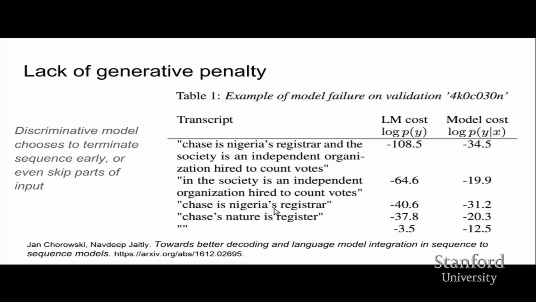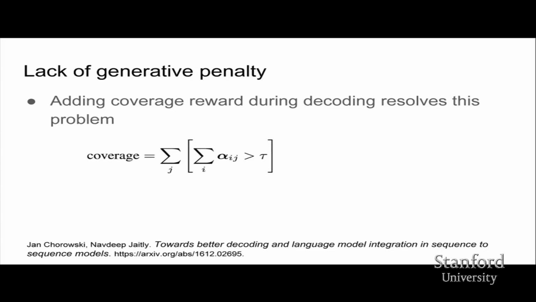If you look at "Chase's Nigeria's, Chase's nature is register," that also has a small probability. In fact, the best probability is just to produce nothing, which is -12.5. So this is kind of an issue where discriminative models don't explain the entire data, and so they can make such errors. What we found that worked quite simply was train as usual, but during test time, add a little